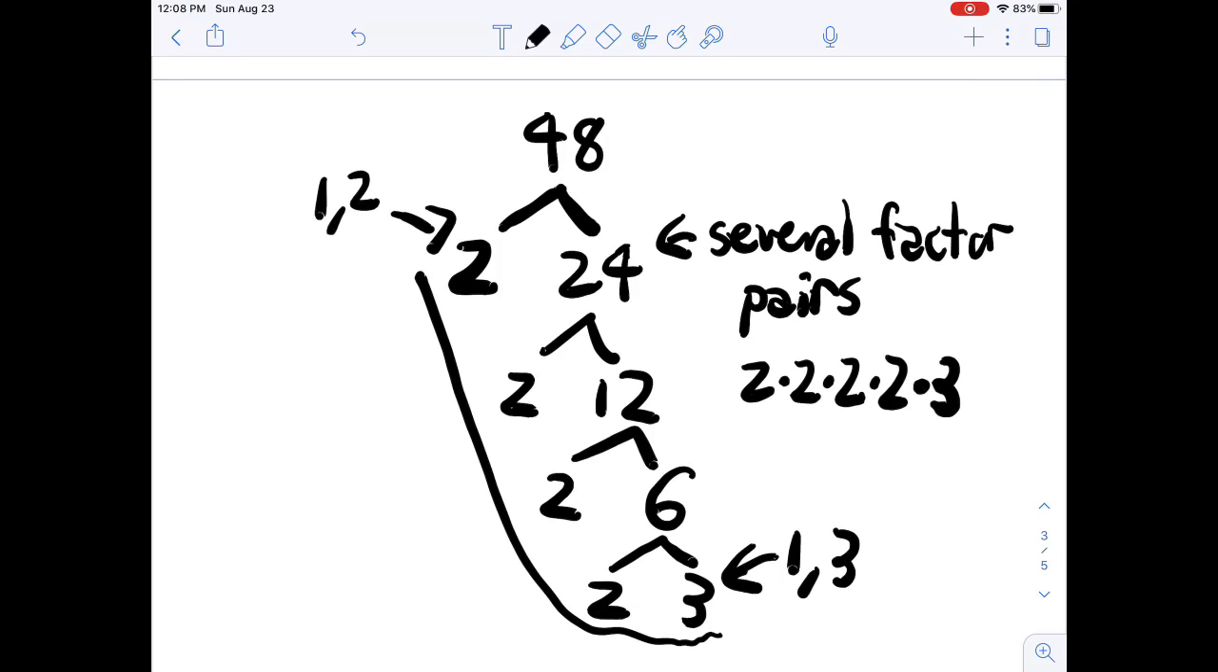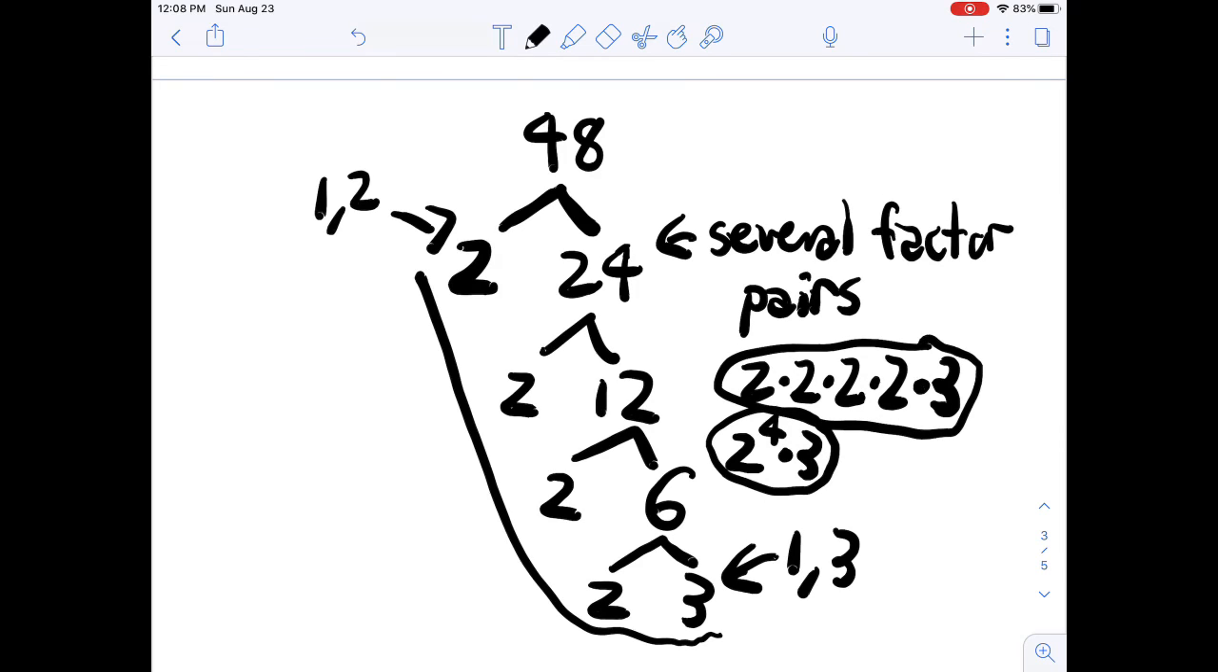So there's actually a simpler way of writing this. You know 2 is being multiplied 4 times, so you can actually use an exponent to represent this. So we can say 2 to the power of 4 times 3. And both of these ways are correct, but the second way is just easier to write. So this is the prime factorization